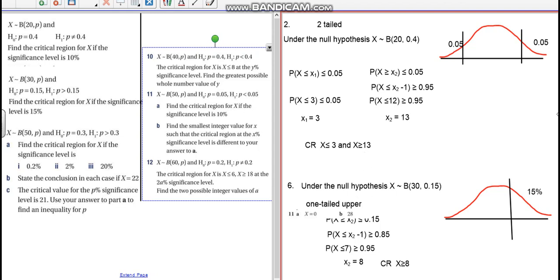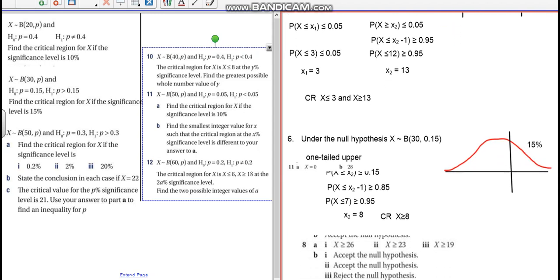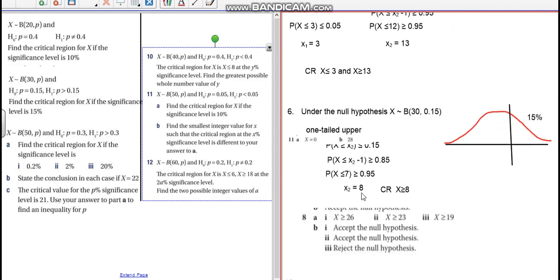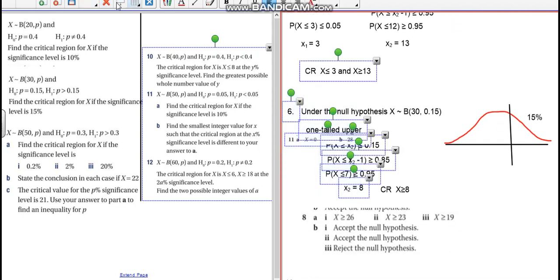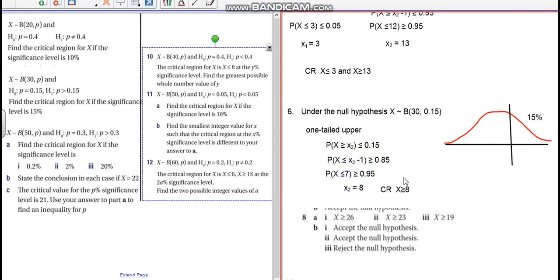Number 6. Okay, something's going on. Okay, so